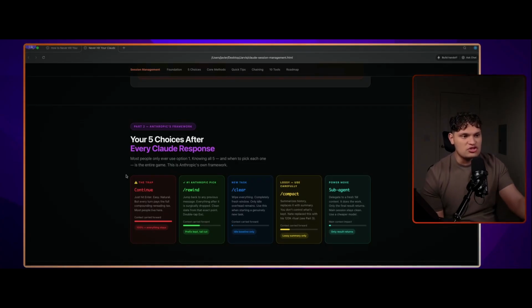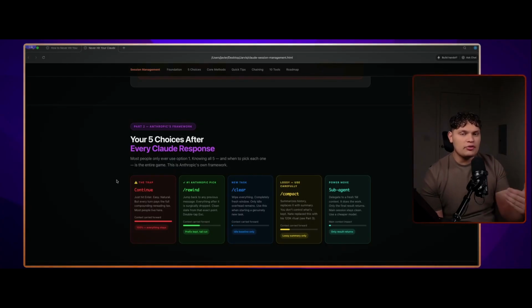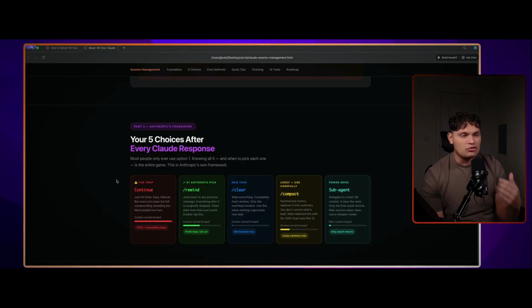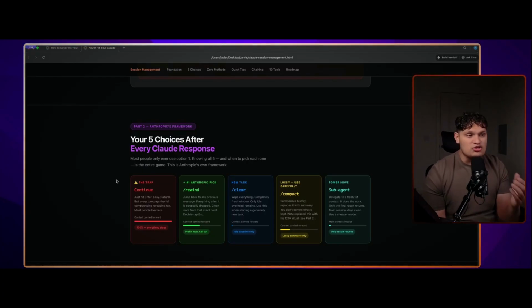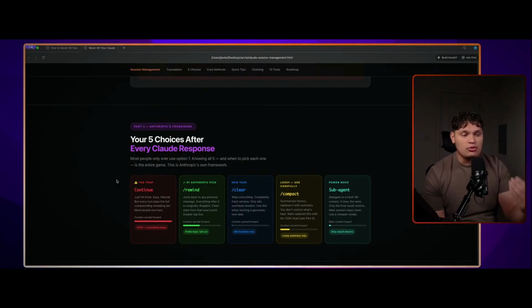First one, which is the trap. People are just continuing with the conversation over and over again. They're trying to reprompt it, trying to get it perfect, and they're realizing, hey, Claude is either dumb or just has dementia, right? Going back to that point. But the thing with Claude is just that they're compounding on bad and good data. So you're really not going to have an effective session if you're not doing these tips.